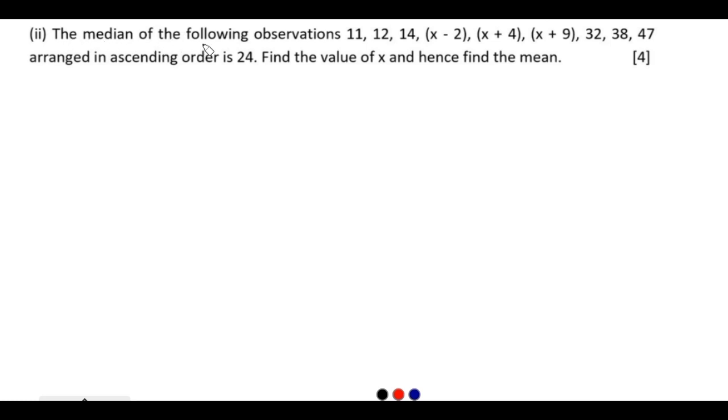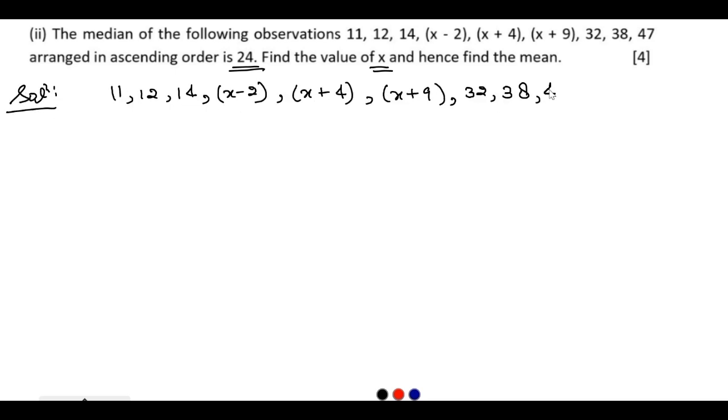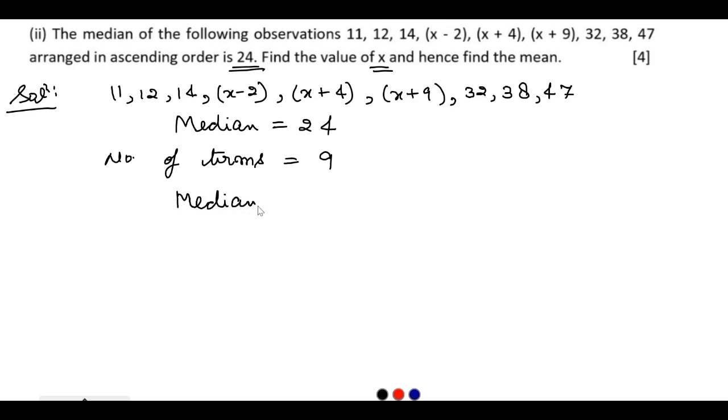Second part, the median of the following observations arranged in ascending order is 24. Find the value of x. Hence find the mean. Number of terms are 9. It means median will be equal to, it is odd, (n plus 1) upon 2th term,